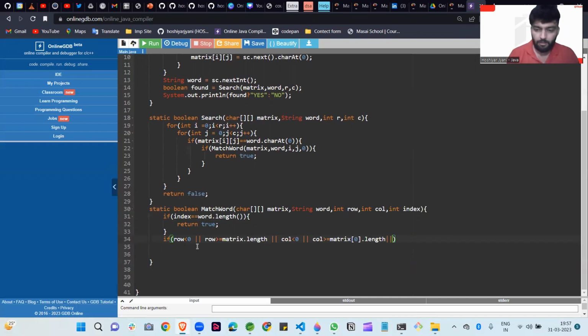Because what is the meaning of 0? 0 means the first row, because we know very well all rows are of equal length. So we can write here matrix of 0 dot length. You can also write 1 dot length. So we are taking the first row. So if the column length becomes greater than or equal to this, then also our method will stop.